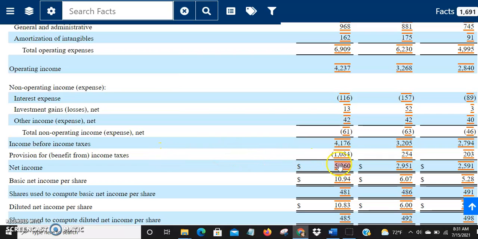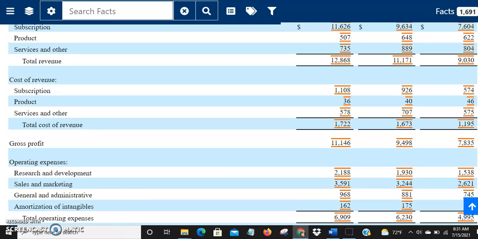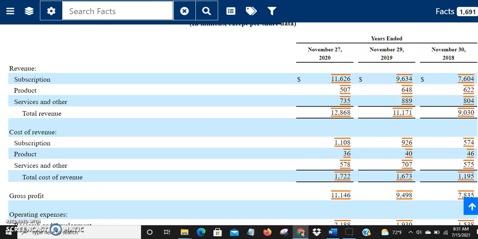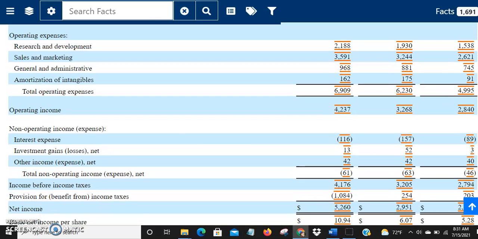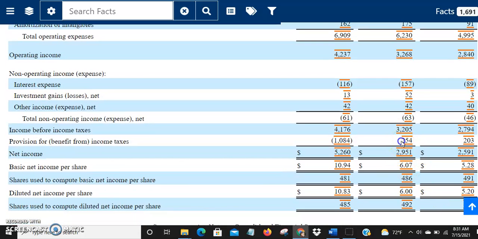That was 1084. Now if you look here at the other years, 2018, 2019, if you come down and look at these numbers, they're pretty interesting. They had 254 million as a provision and the other was 203. And here actually they have a benefit. That means instead of deducting, you added. So you're like, is that a refund they got from the IRS? Well, not exactly. It's again to do with how income taxes are calculated. We will cover in